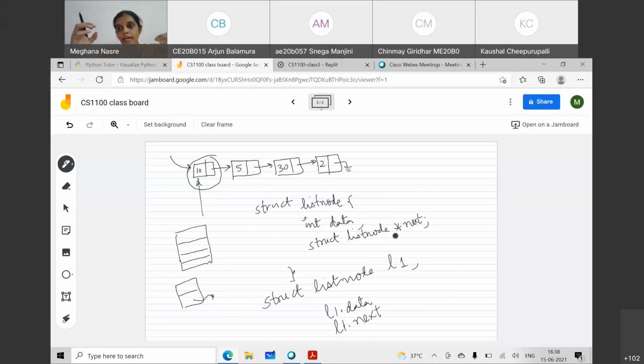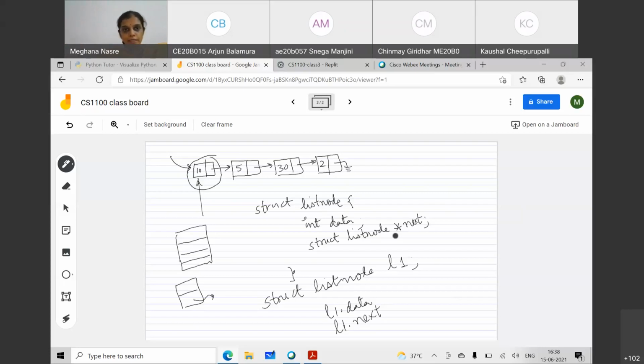So the next allows me to access the next element in my linked list. Just like if you are at a of i, then a of i plus 1 allows you to go to the next location in the array. Similarly, this next is going to allow me to go to the next location in the linked list. But these are not contiguously stored, so you cannot do some kind of arithmetic and say, go 4 bytes away and you will get the next thing.